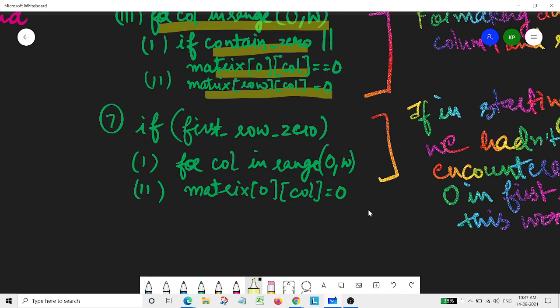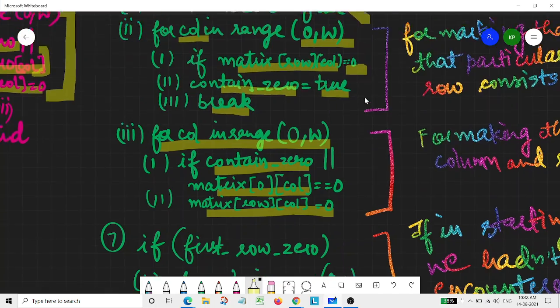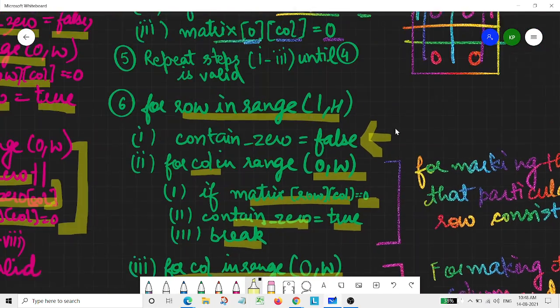And if that first row 0 was true, then we'll simply make our first row 0. So this is how the whole first row will be marked as 0. And this is the whole algorithm for making our rows and columns 0.